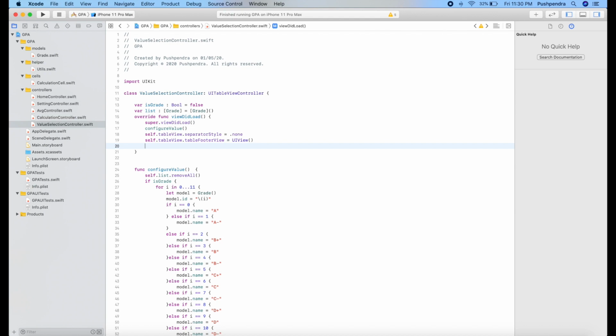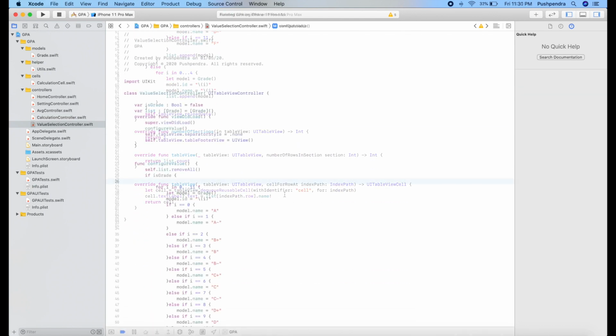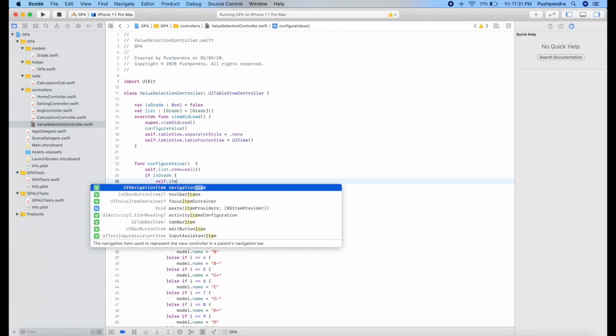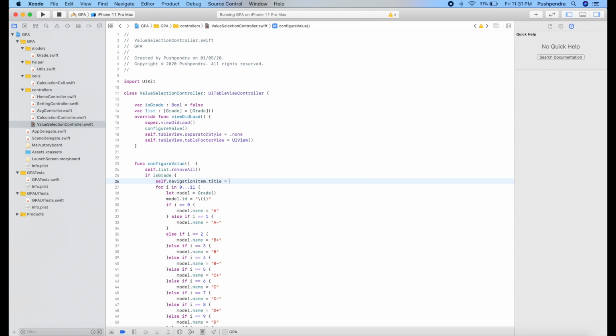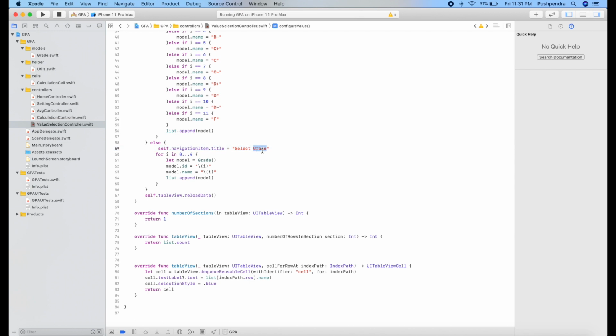Now we will do more things. We will set the navigation title, select grade if it is grade. This is the title of the screen. Okay, select hours.